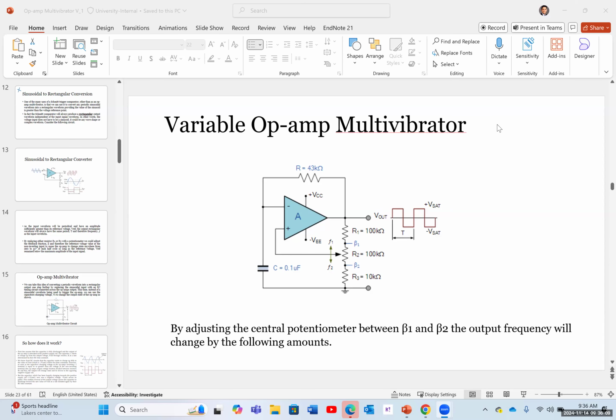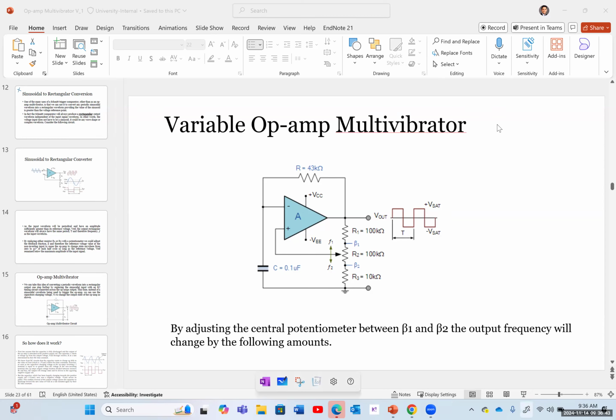In the previous class, we started op-amp multivibrator. One of the applications of op-amps is to use it as a multivibrator. What was a multivibrator? A multivibrator is a device that oscillates or switches between two stable states, a positive voltage and a negative voltage. Op-amp multivibrators are used in a variety of applications for creating digital clock,